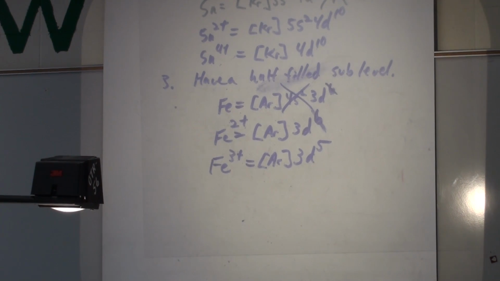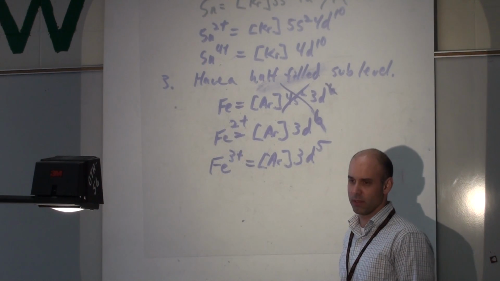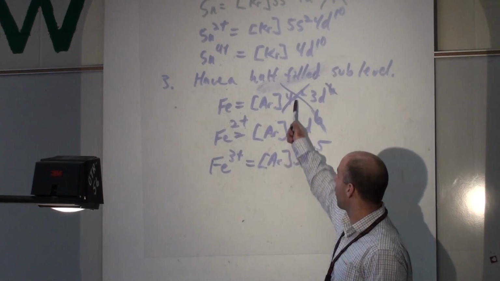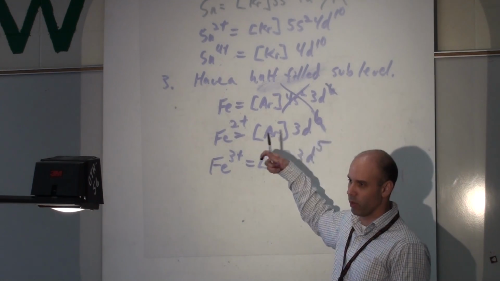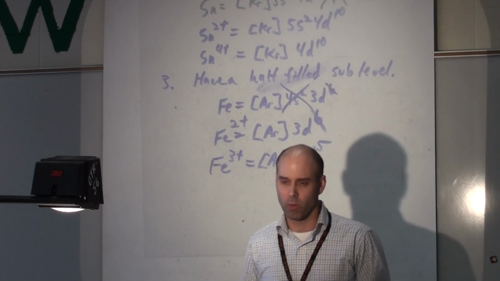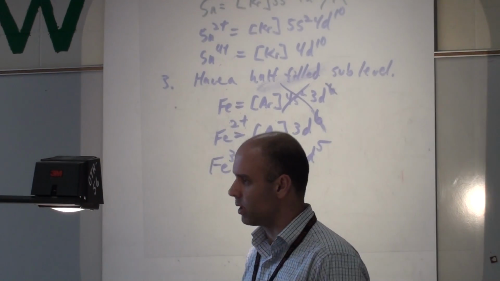So which do you think iron would rather be, 3 plus or 2 plus? 3 plus. And the reason why is that with 3 plus, you get rid of the fourth energy level and you're half filled. You've got two good things going for you: fourth energy level empty and you're half filled. Whereas with 2 plus, you just get rid of the